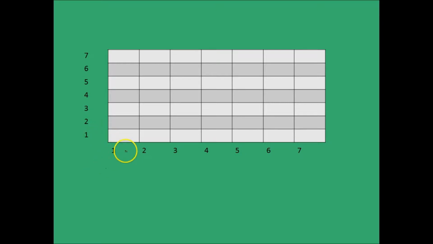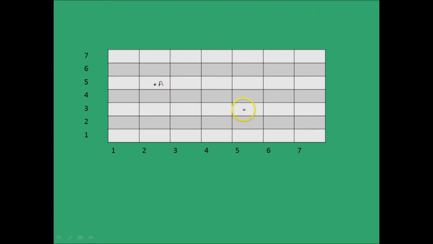Imagine a classroom of 49 students who have been arranged into 7 rows and 7 columns. So if I were to discuss the position of a student, say sitting here, called student A, the best way to go about it would be to say student A is sitting in column 2 and row 5. And so therefore with that information I can locate student A uniquely.